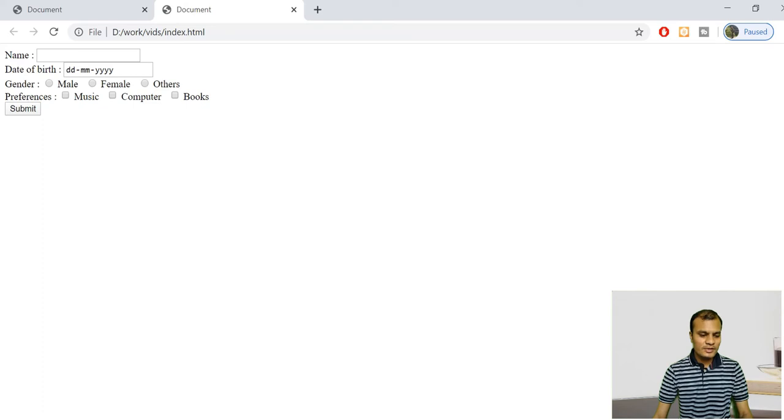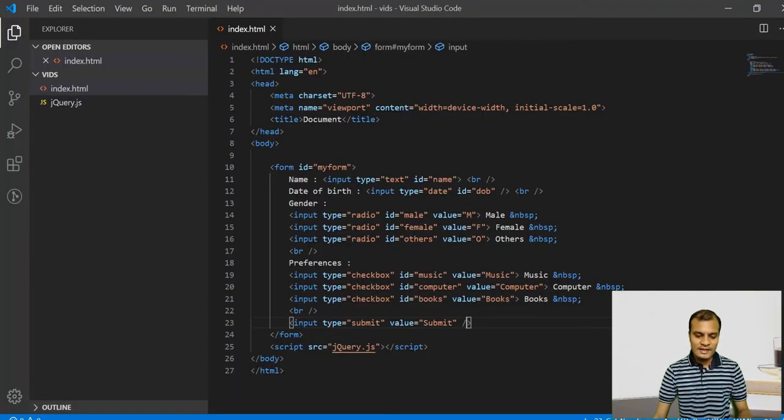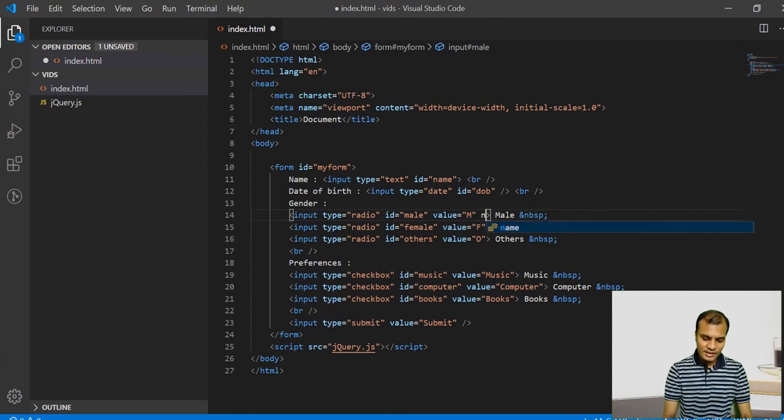So if you go to the gender and select male, now female, you can see that you can select both of these, and if you click on the third one also, three are going to be selected at a time. But this is not our intention, right? Because we need any one to be selected, and this is happening because we have not given any name to this radio button. So I need to give the same name for all three of these so that any one will be selected. Okay, so let me put the name as gender,